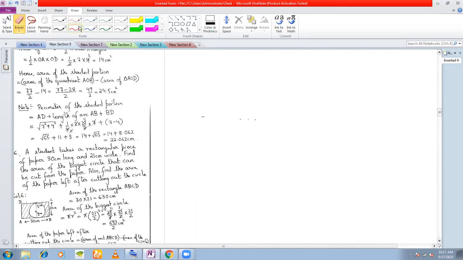Now see here, in the note I have given you the perimeter also. Just go through this, okay? How to find out the perimeter of this figure. Area of the figure is very easy, but perimeter may just be a little tricky, so you can go through. This was not asked in the question. I've just given this to you to show you how to calculate the perimeter. If you're able to understand, fine. Otherwise, I'll explain this to you on Monday if you ask me. Okay.